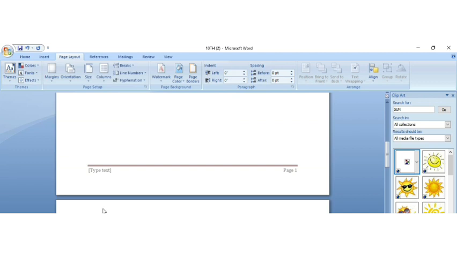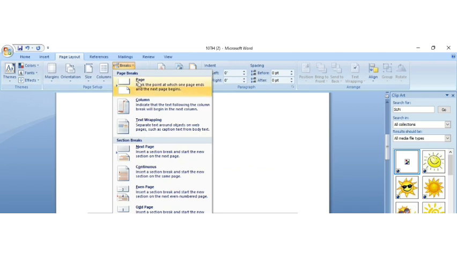Next is section break. Just now we have studied page break. Under the page break, there are three options: simple page break, column page break, and text wrapping. Now, what is section break?